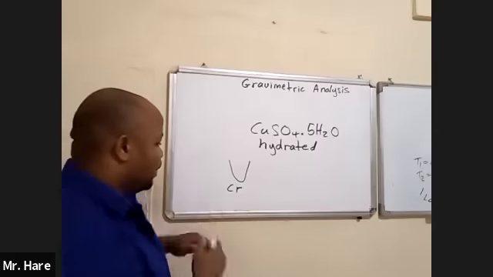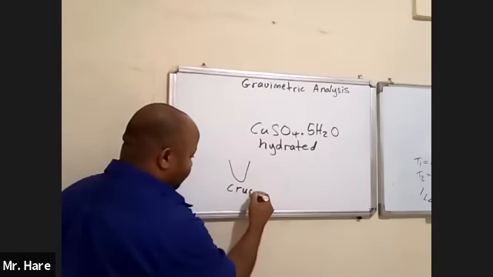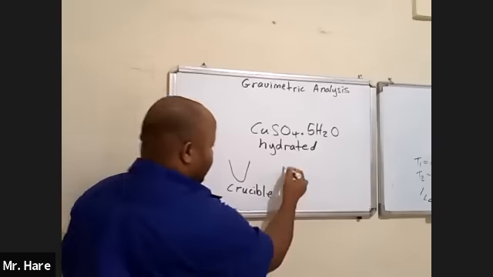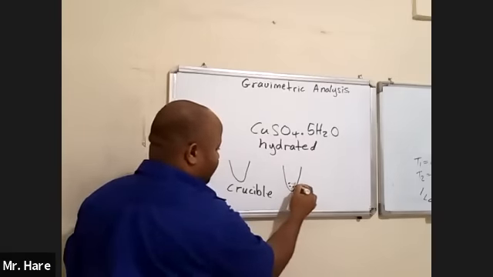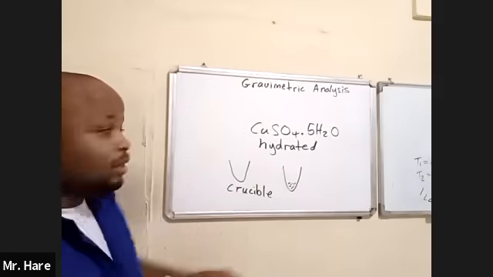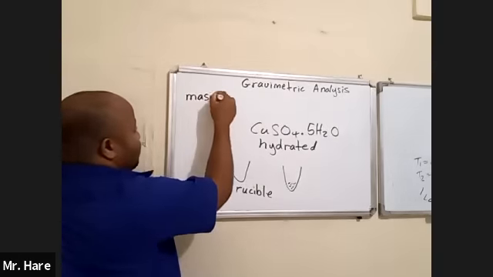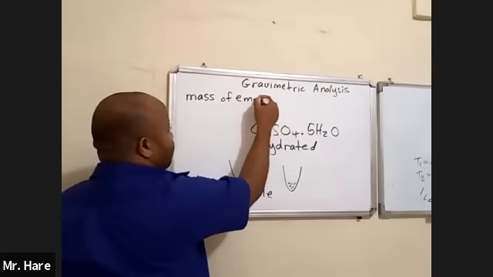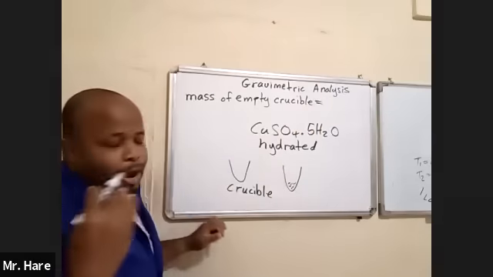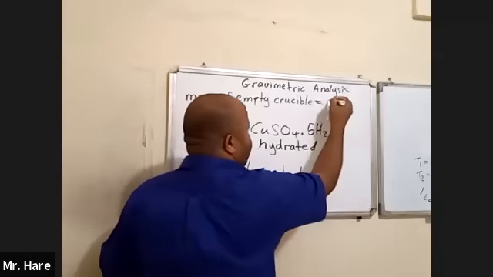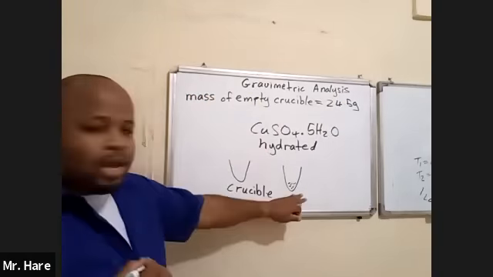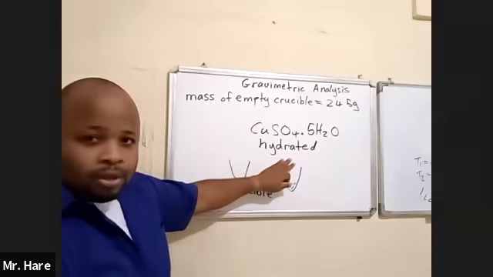Right, so you would record a mass for the empty crucible. And then you would place a sample of the copper sulfate in the crucible, and you would record the mass of it as well. So you would have the mass of the empty crucible. And let us say the mass of the empty crucible is 24.5 grams. And when you add the copper sulfate sample and weigh it again,